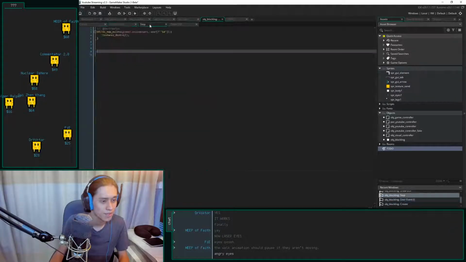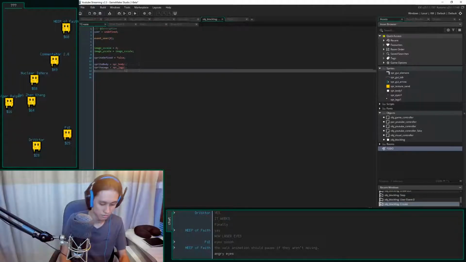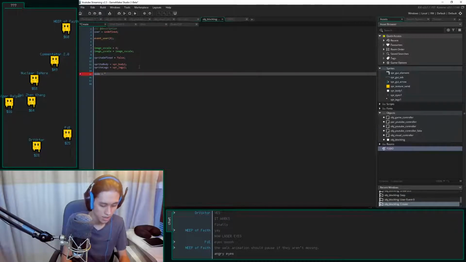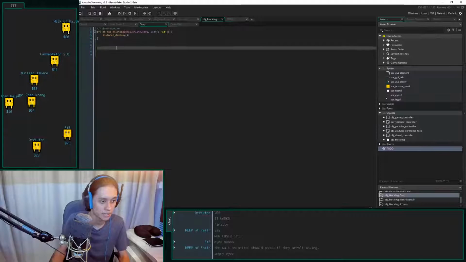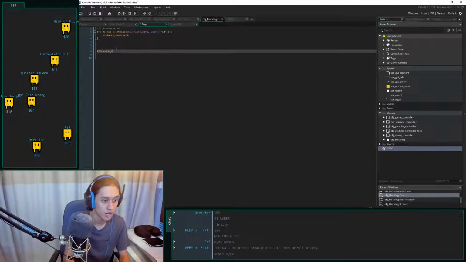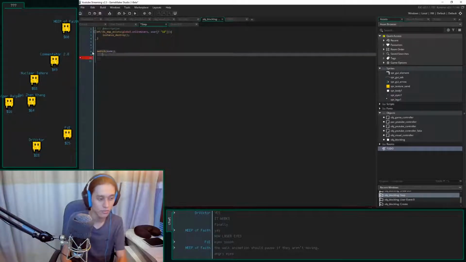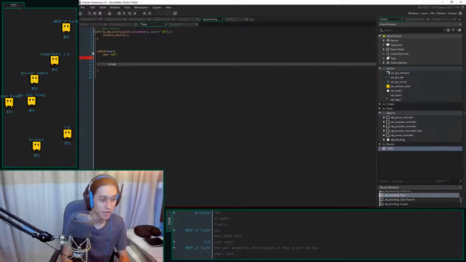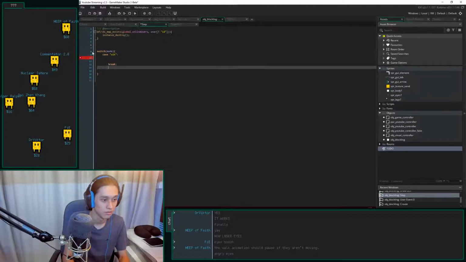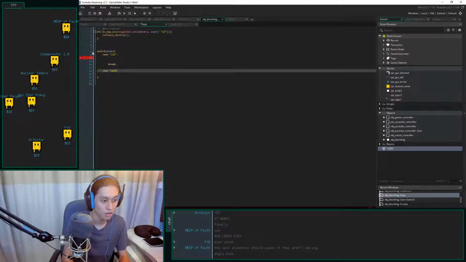And let's get them walking. So let's have their mode. Mode equals... let's say mode equals sit. They're not sitting, they're standing, but it's the idea. If random chance, here we can switch mode. If case sit, so this is where I use switch statements for behaviors. If it's sitting, case walk.